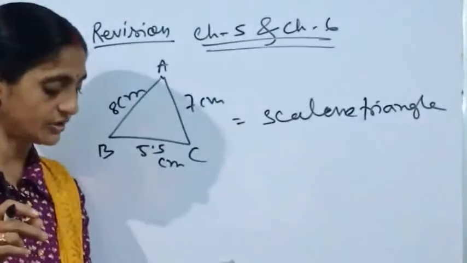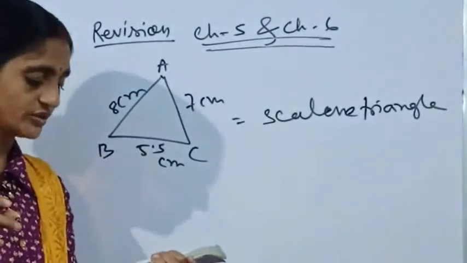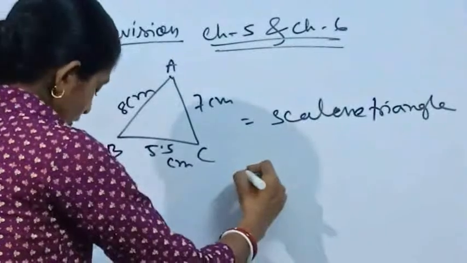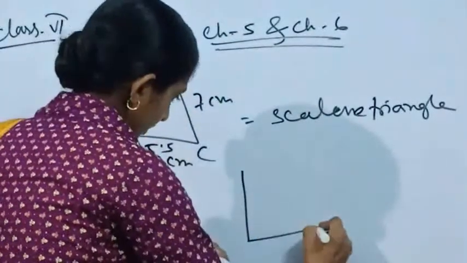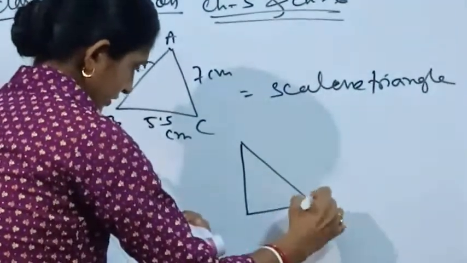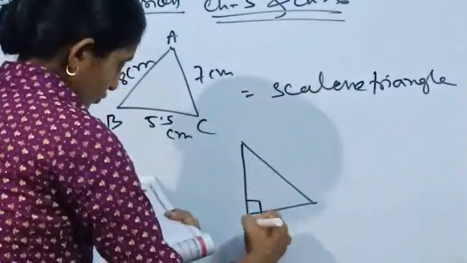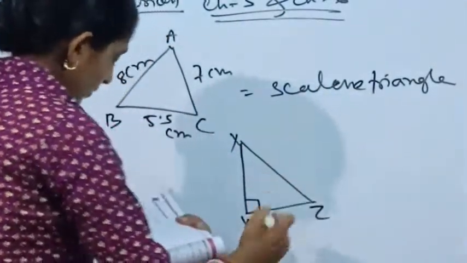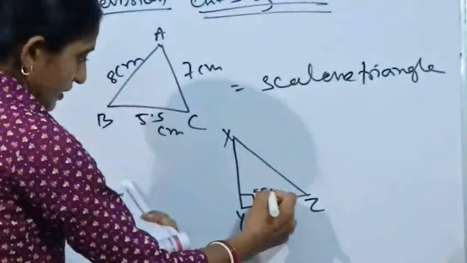Here it has been given in this question, triangle XYZ with angle Y equal to 90 degree. Let me go for the rough sketch. Here one angle is given, Y is equal to 90 degree. Let this be Y. So what is the name of the triangle? It is XYZ. One angle is given as 90 degree.